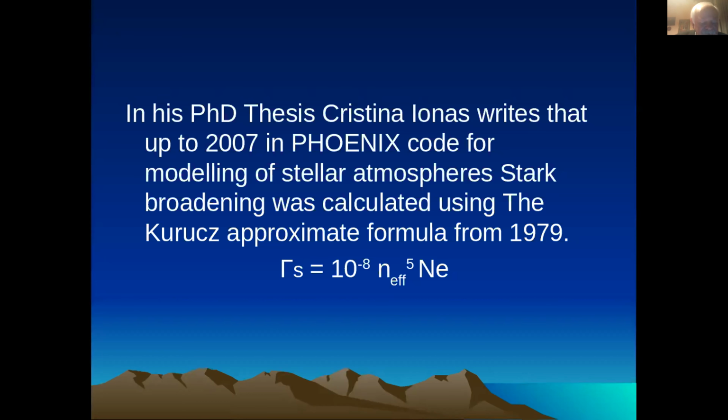And normally, when there is no Stark broadening data for a line, astronomers take a 10,000 value of the classical value for